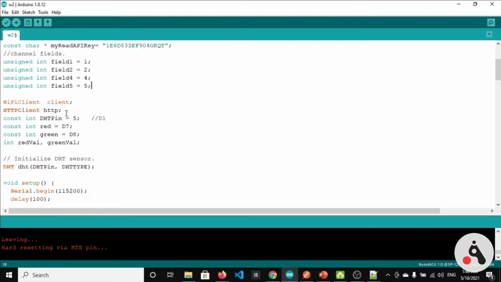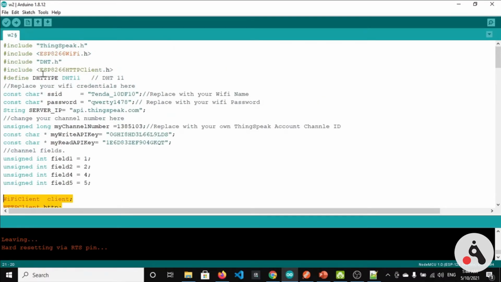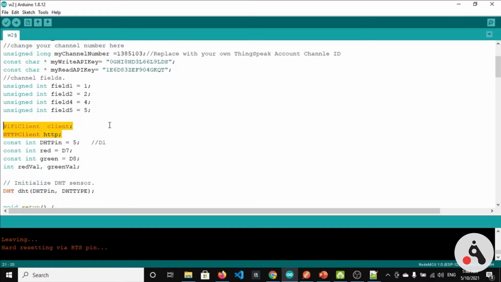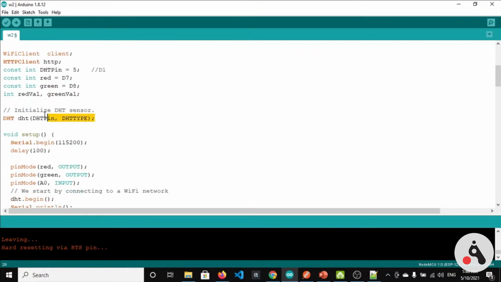WiFi client and HTTP client, this is the class which is defined inside the ESP HTTP client, and we have defined the variables here. Initialize the DHT sensor.